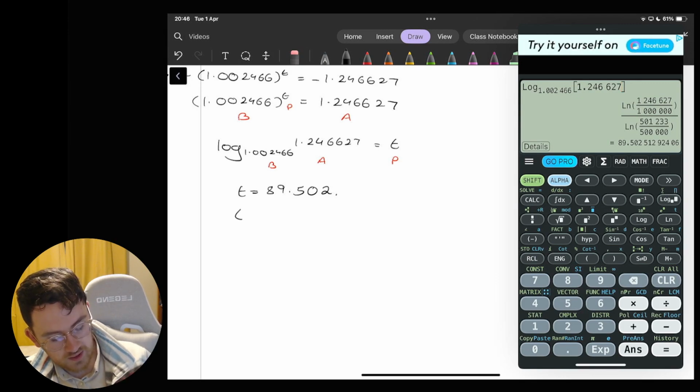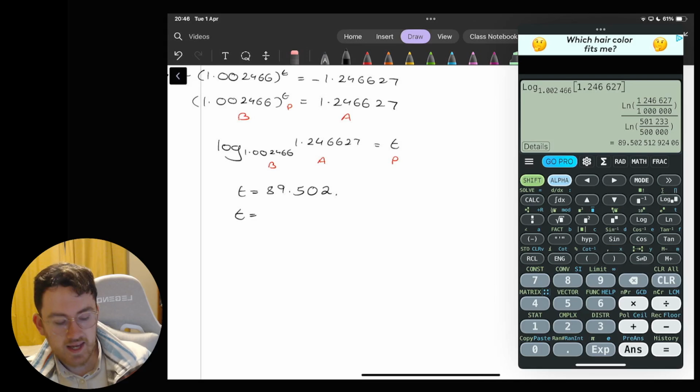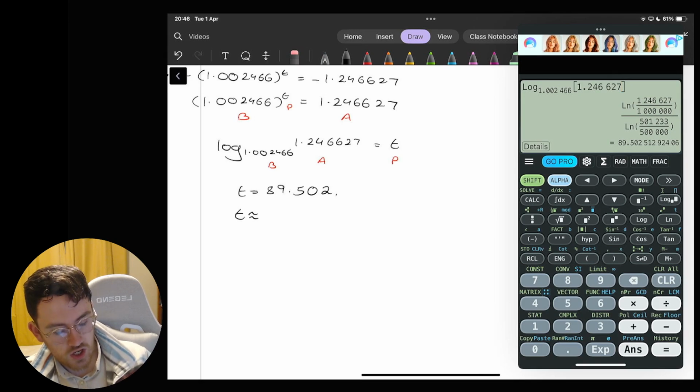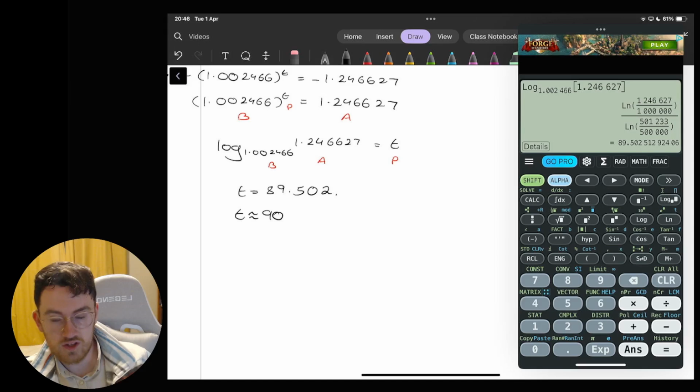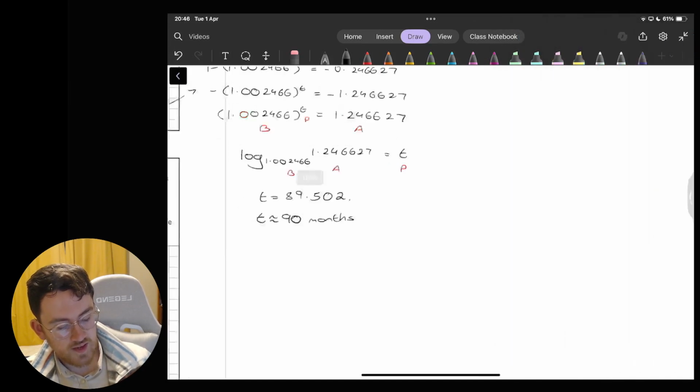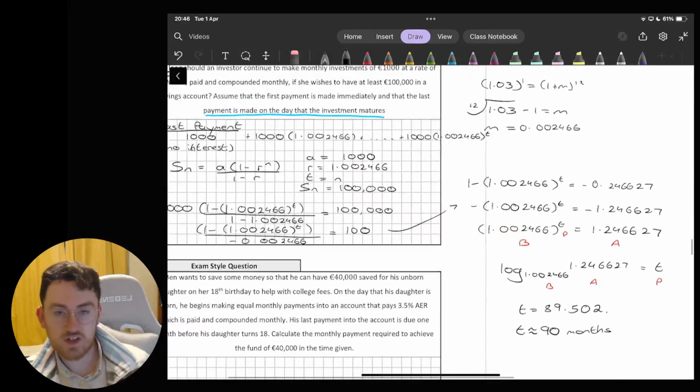be a whole number value. What this is telling me is that I need to go to 89.5 to be sure that I have 100,000. So to be 100% sure, the nearest term would be 90. So that's 90 months. So I need to invest this for 90 months to be sure that I had 100,000 with that rate, with that idea of I pay the last payment the day that the investment matures, and so